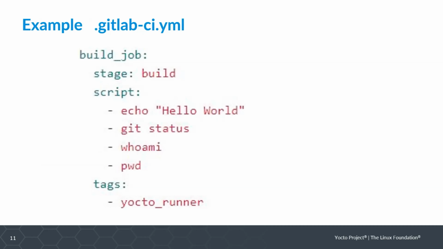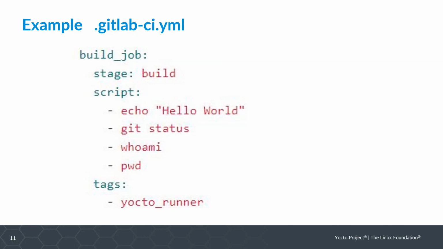So this is an example GitLab YAML file. This is the GitLab config file. This is part of it, but basically, for Hello World, this is basically enough to get you started. You do need to tell it what stage you're on, and we'll talk more about stages later. The important part here is the script, which these are all just bash commands, and we'll see these run to get started. The last section here is tags, and briefly what tags are a way of connecting build jobs to